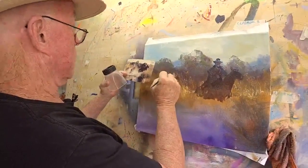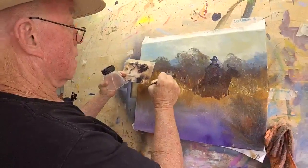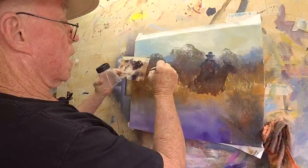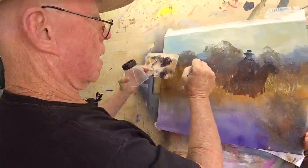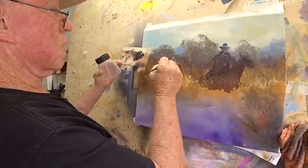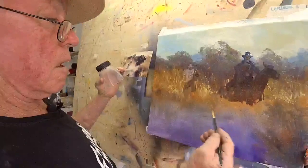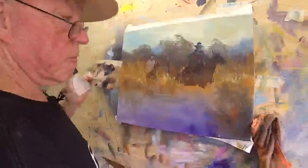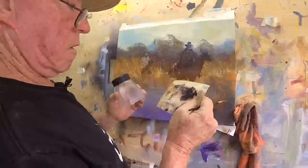Arm out there holding the horse. Then the hat. We can see that one's coming out. We've got another one over here with a yellow slicker on. But we've got all this splashing water up in here. So, I'm going to do... What do I do next? I'll keep on...